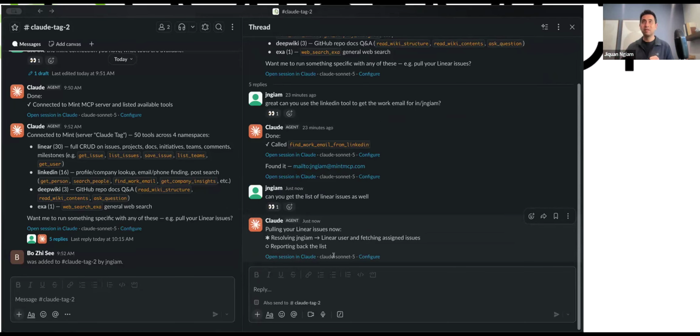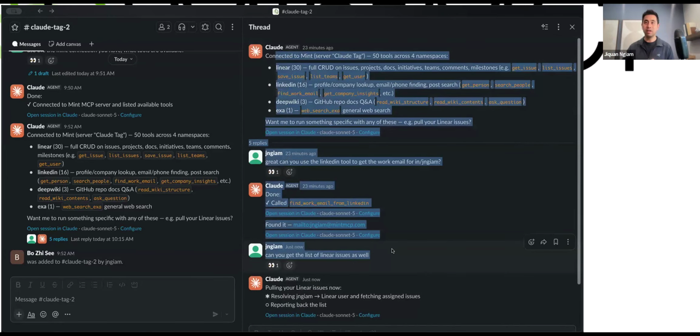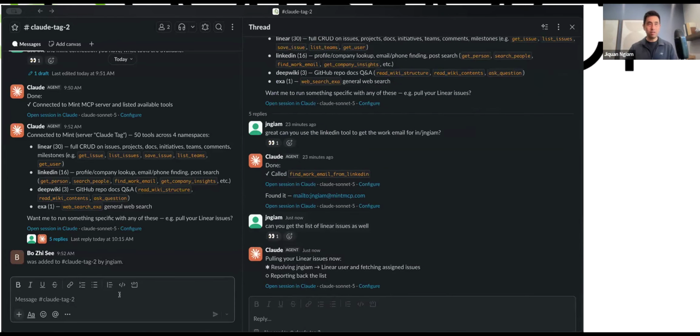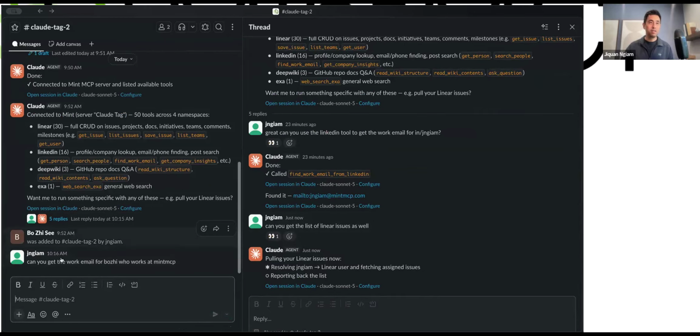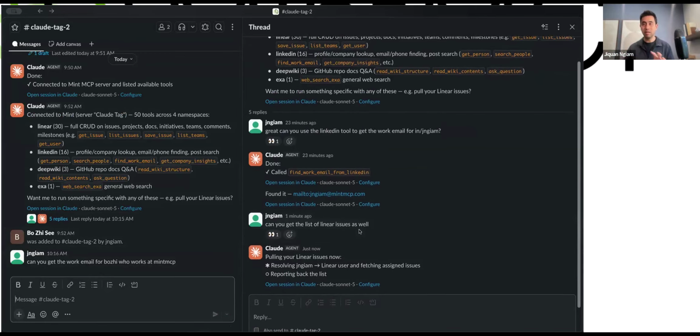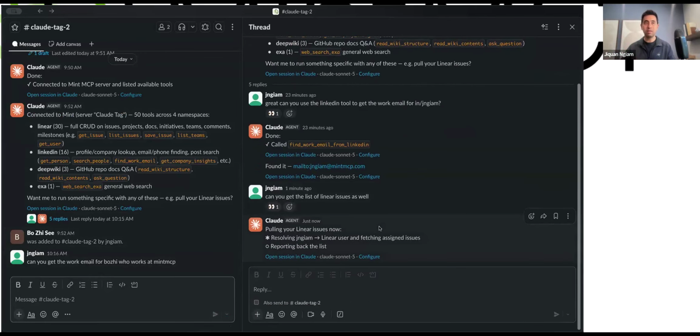One thing to note is that you might find that this thread is one session, but if you were to message in here, can you get the work email for Bozi who works at MintMCP? A message like this could also end up in the same session as this session. So do expect the session mapping for Claude Tag to be a little bit hard to predict at the moment, is what we discovered.